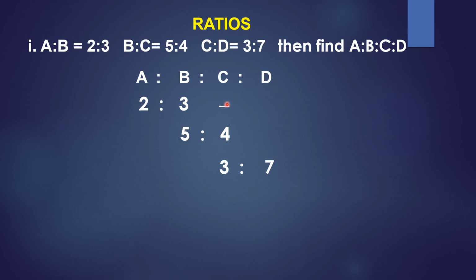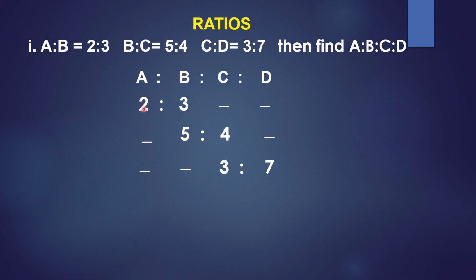Now, wherever the empty places are here, like A is to B, C and D are vacant. So, draw small lines. I'm filling the gaps. Now, in B is to C, near A we are having one vacant place and near D we are having one. Similarly, near C is to D, we have two vacant spaces before B and A. We are drawing lines. So, how to fill this?